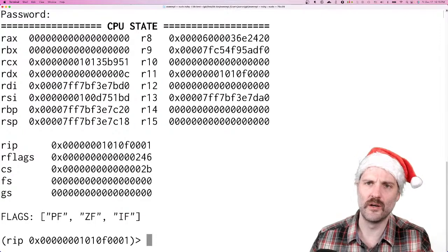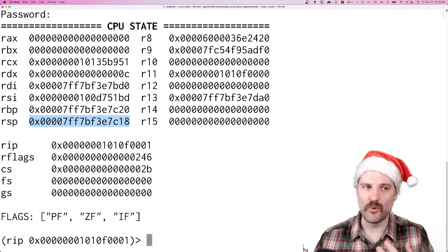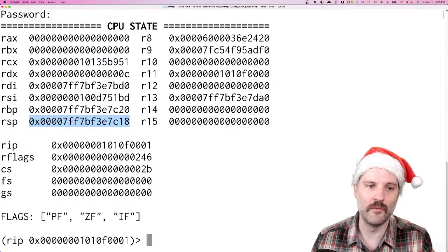So where was I? All right, RSP points at the stack, so that's the stack pointer. And whenever we do, let's say we do a push operation, we can say like